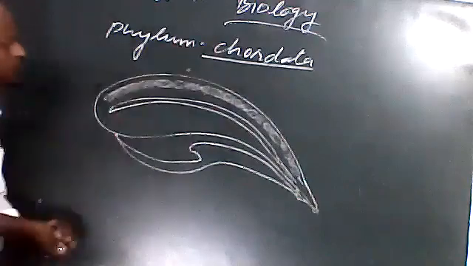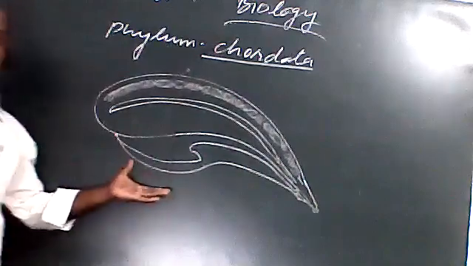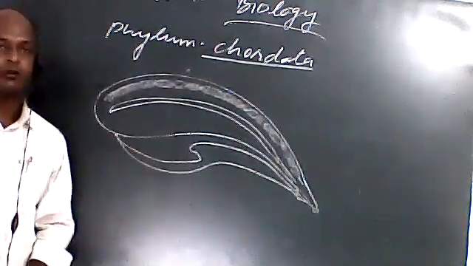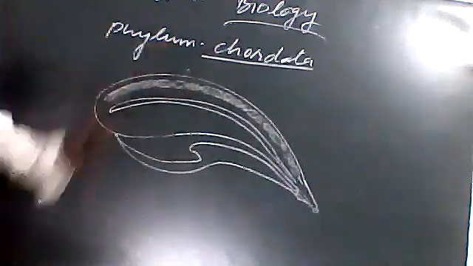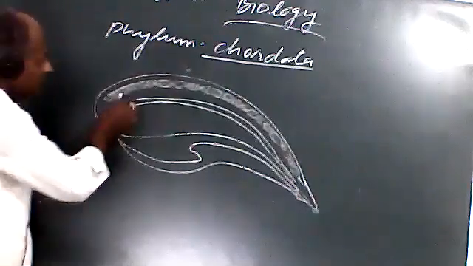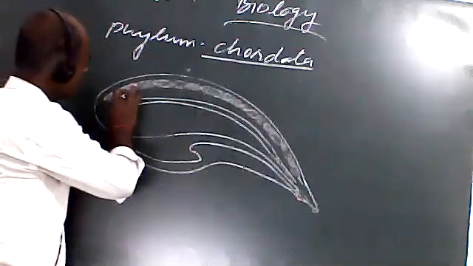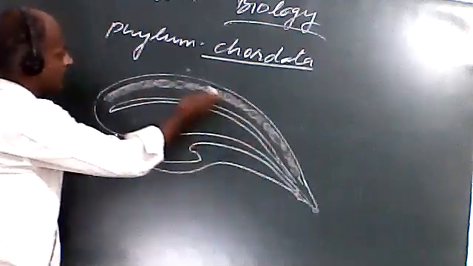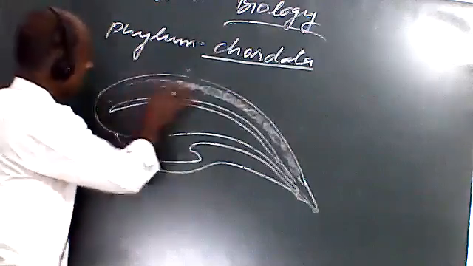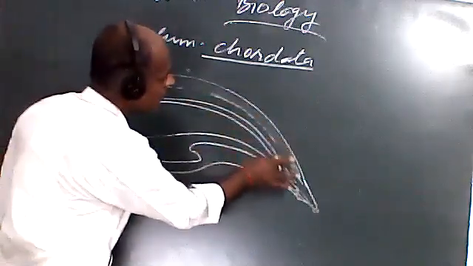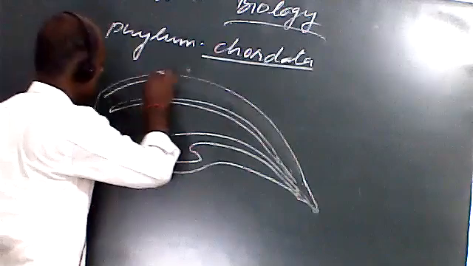This is the dorsal portion. That is the dorsal portion of the body, and this portion is the lower portion, or we can say it is the ventral portion of the body. If you see the body from the upper side, the top portion which I have drawn in this way, this is the line. Suppose that this is a hollow nerve cord. This nerve cord should be so that it is hollow.